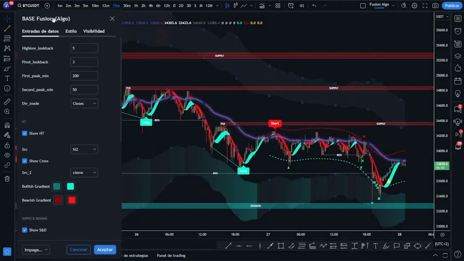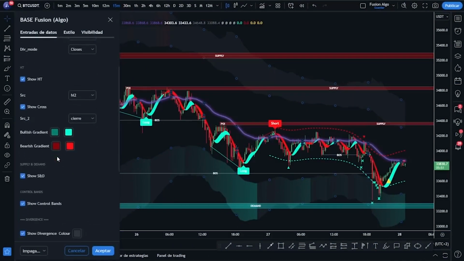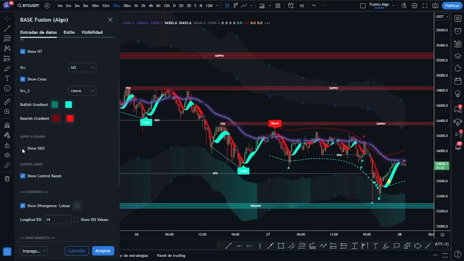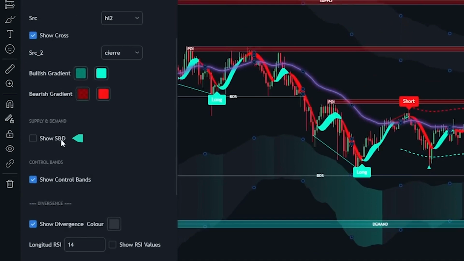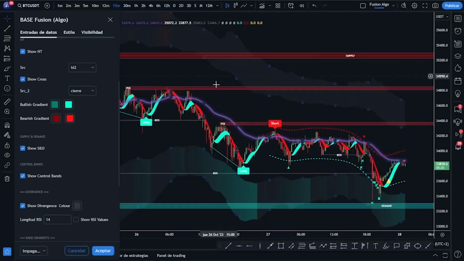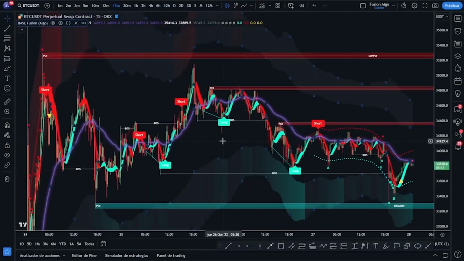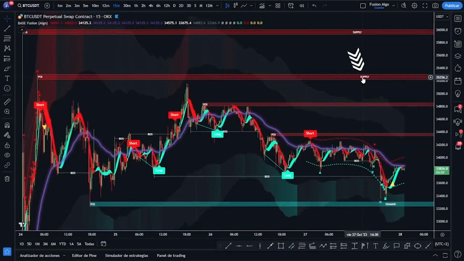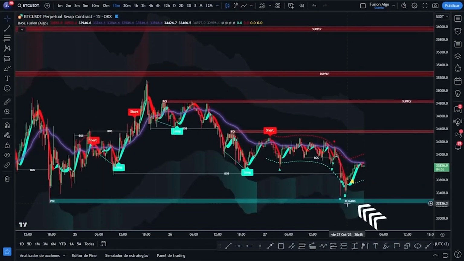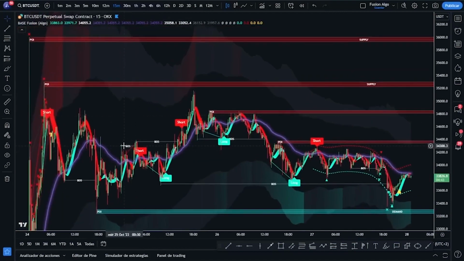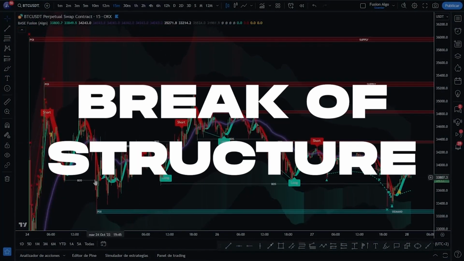As I said, in the data entry part, the first of the options we have available to add or remove to our liking is this one here, show S&D, which shows the supply and demand, those key areas where there is a higher supply and demand in the price. The supply areas are marked in red, and demand areas in that blue-green color. Besides, we also see how it marks those BOS or breaks of structure, and the points